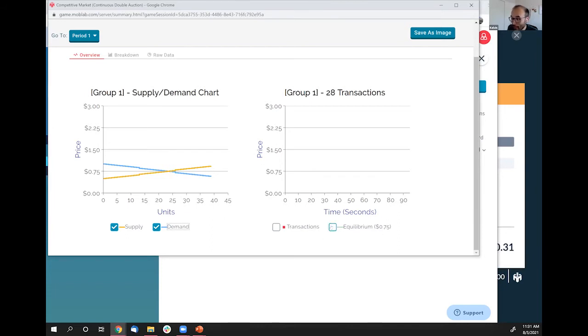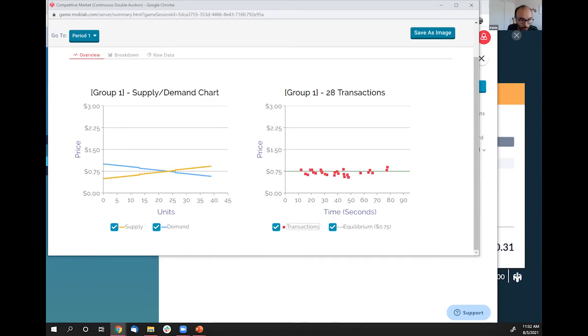Now, students would not know why, they just know that that's the case. But I would say here, look, the equilibrium where supply equals demand is at 75 cents in this game. So let's see how our transactions lined up with that. This is the point where I would show them that these are your transactions in the game, right? There's no other force going on. It's just the students playing. And they will see that all these transactions tend to happen along the 75 cent mark.